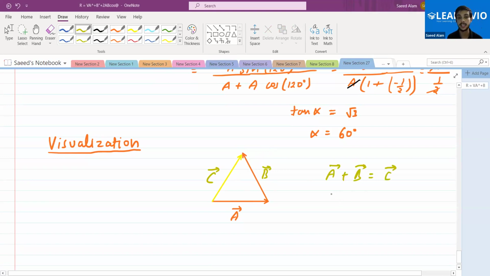So this is actually forming an equilateral triangle. That's why the two sides that you were given have the magnitude A. What you had given, the vector magnitude of A and B was given to you as A, and the resultant was also coming out to be A only. So this is the reason that the resultant is making an angle of 60 degree here,